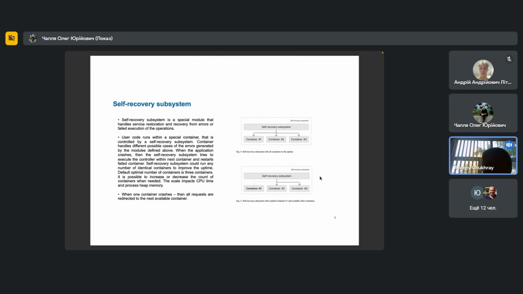But how do you recognize the infinity cycle? For example, on the image on the right, we can see that one container is broken. So we will switch to the second one. When we switch to the second one and we receive the same request with the same error, it also will be broken and move to the third one. But in that time, the system tries to recreate the first one. And if we are moving towards the first, it's like a round-robin algorithm.